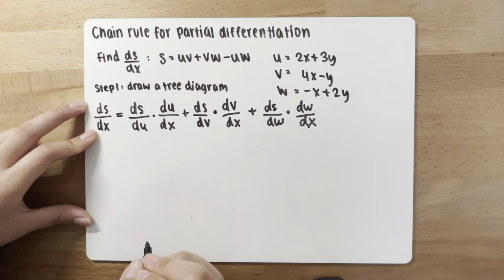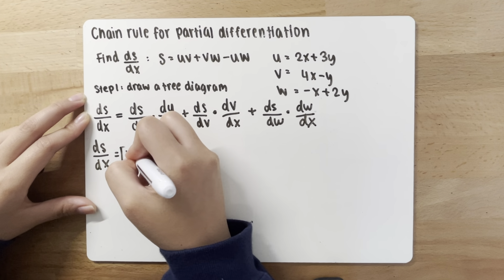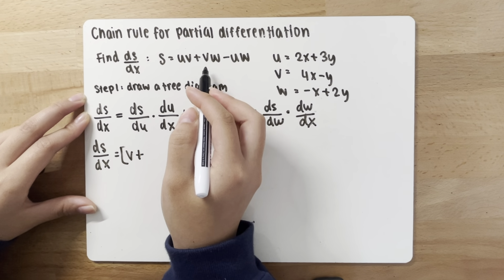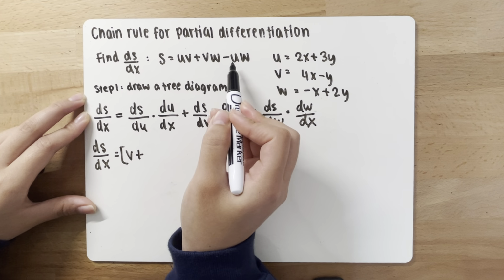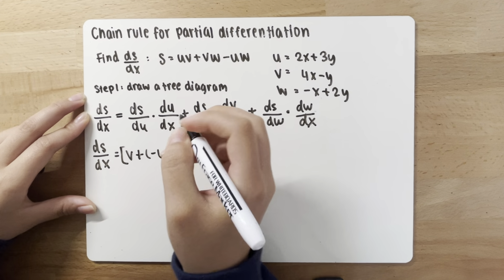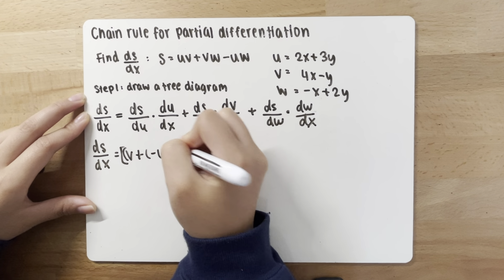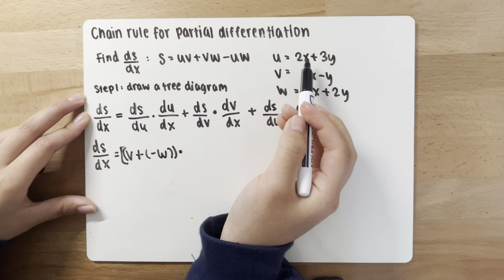Now, you want to expand this diagram by using actual values. For example, this function and this function. So you are going to rewrite ds dx equals, now find the derivative of this in terms of u. So to do that, you regard every other variable as a constant and derive normally. So for this, it would be u times a constant, which if you derive it, it would be a constant. So you have v plus, there's no u over here, so it's going to be a constant. Derivative of a constant is 0, minus u times a constant. So you would bring the constant out. You would have negative w. Okay, all of this you are going to multiply by the derivative of this function in terms of x, which you would then get 2,